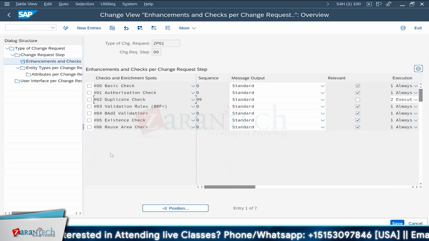What is this checks? Yes. Okay, fine. Can you repeat? So reuse area is